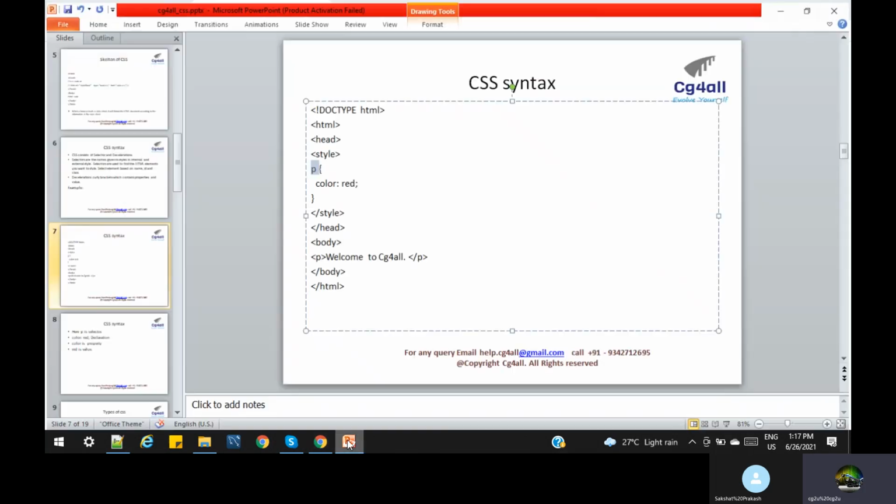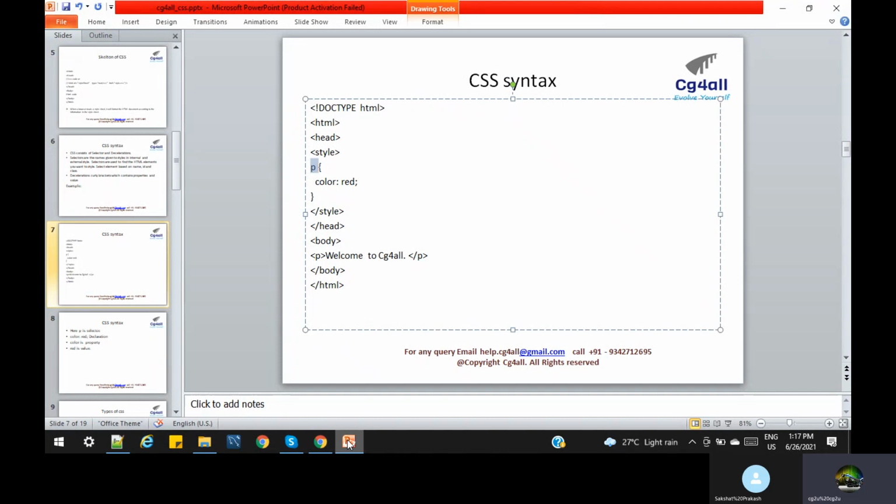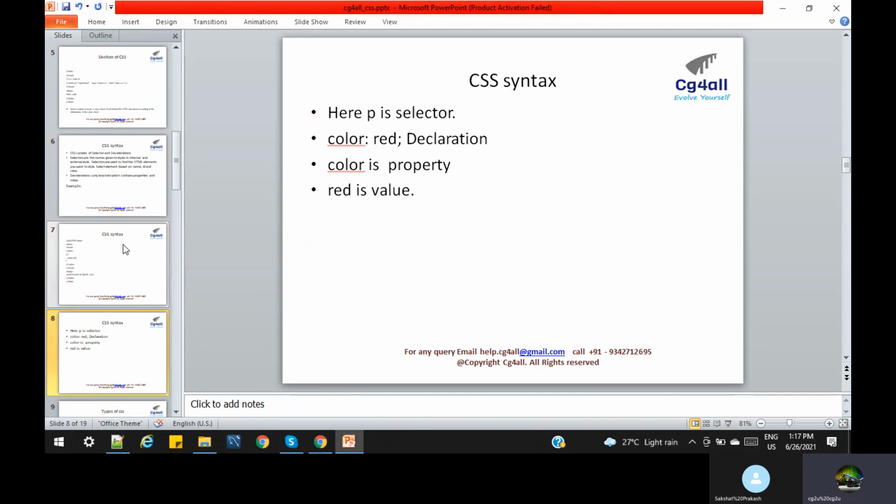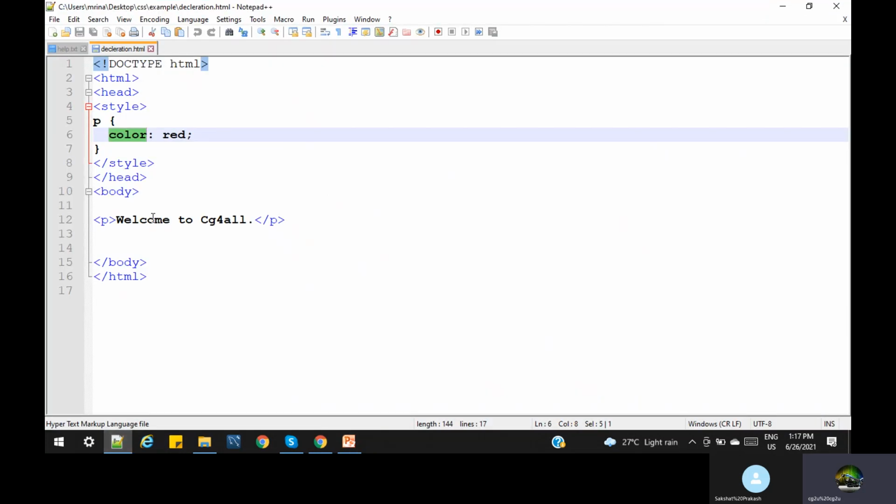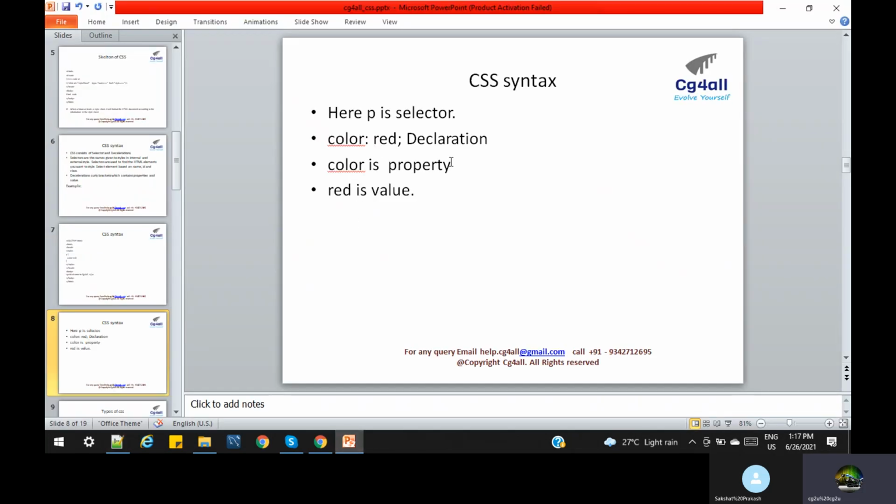So till now we understand the syntax for CSS. Clear? So CSS has two parts. Now what is P? P is a selector, and every declaration has two parts. So the declaration is a key-value pair. One is the property, one is the value.